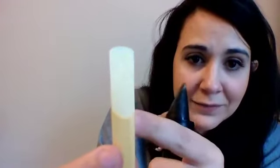If your reed is chipped, cracked, or looks like you got a little hungry and took a bite out of it, it's time to throw it away. The reed should look like this. Completely smooth tip, clean, not broken. So, to start off,